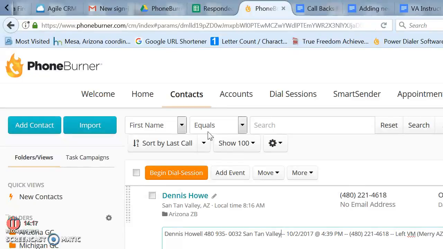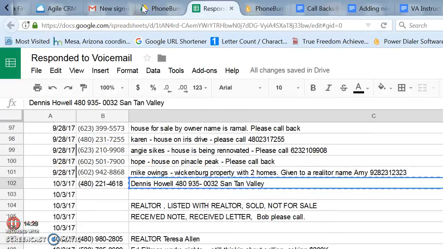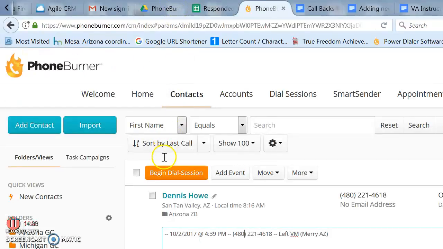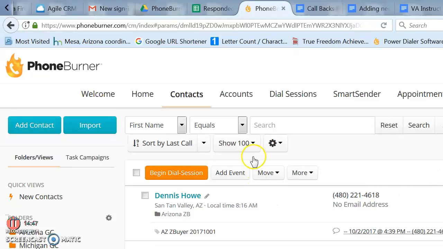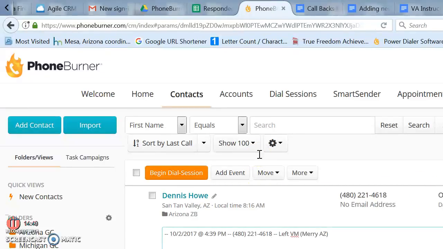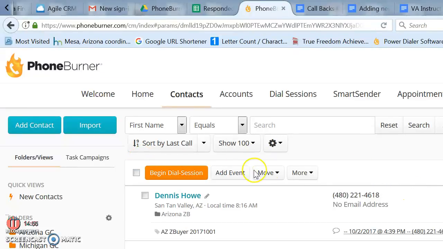So let me repeat that. I'm going to undo that, and I'm going to go back to this, and I'm going to copy that, and I'm going to go back to that lead, and I'm just going to click anywhere in here, and it doesn't work the second time. So this is some confusion we had before. Apparently it doesn't do it the second time, and it doesn't work the second time if you close it and reopen it. It has to be the first time you have that lead up. So I'm going to go ahead and start